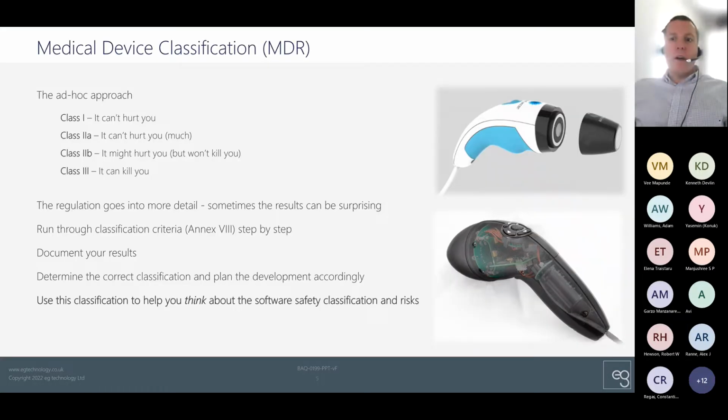Just thinking about medical devices in general, we're talking about medical devices here. Obviously, very similar analogies can be made for in vitro diagnostics as well. Those people probably know something about the different classifications of medical device. What I've put on this slide is a kind of anecdotal ad hoc method of classification, and you sometimes hear people quoting this,